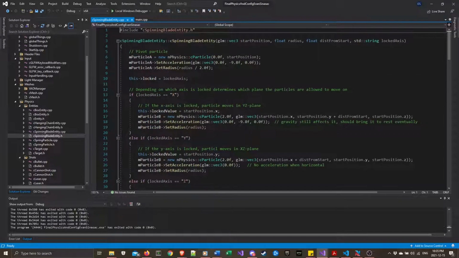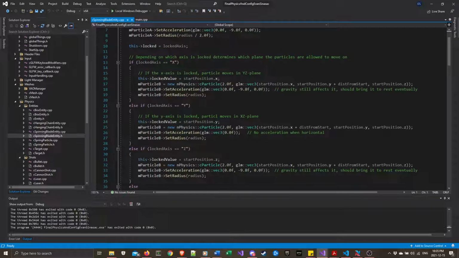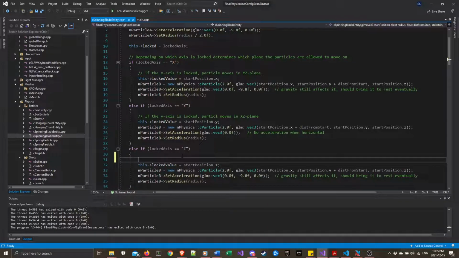And basically, what the spinning blade does is it checks which axis it's locked on, and if it ever strays off of that plane, then it just resets itself. So if the x-axis is locked, then we are on the YZ plane,